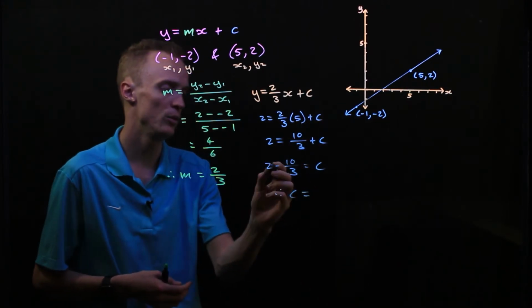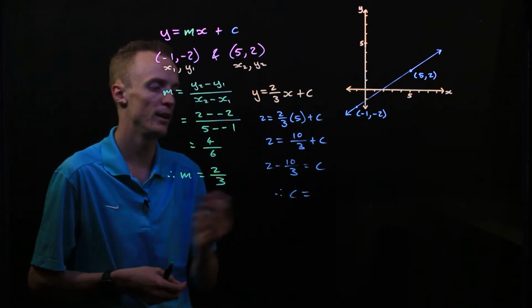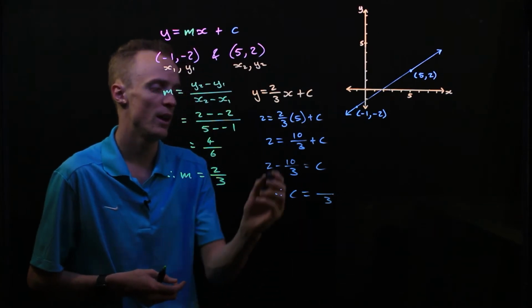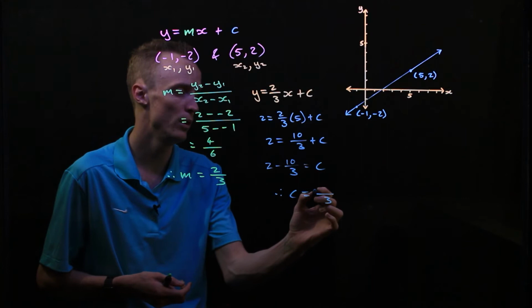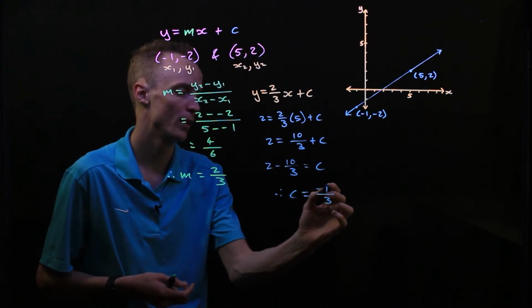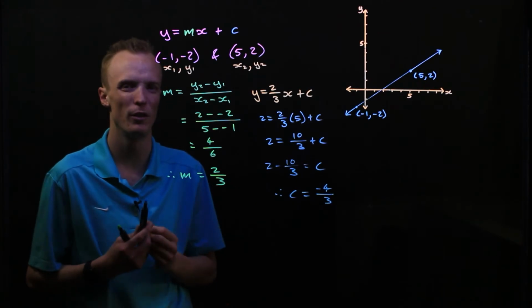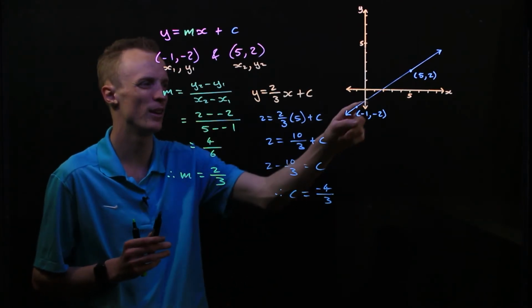So 2 with a denominator of 3 will be 6 over 3. So our common denominator will therefore be 3, and then 6 take 10 will be -4, so it'll be -4 on 3. So our y-intercept is -4 on 3, or -1 1/3,